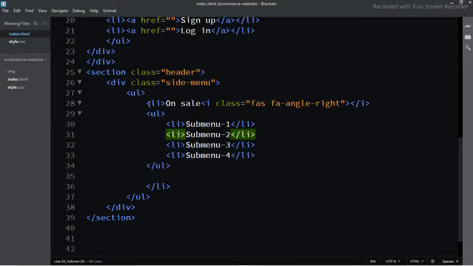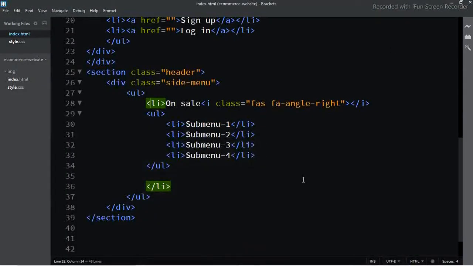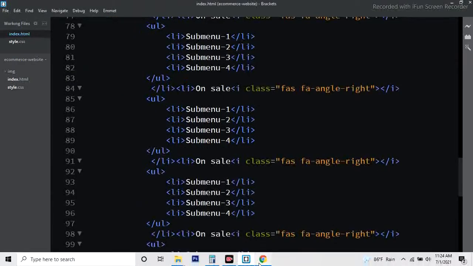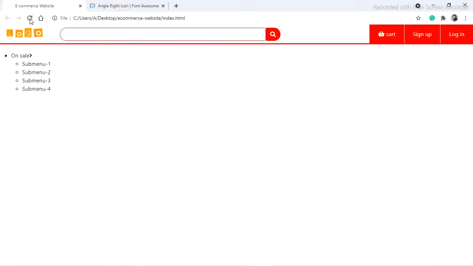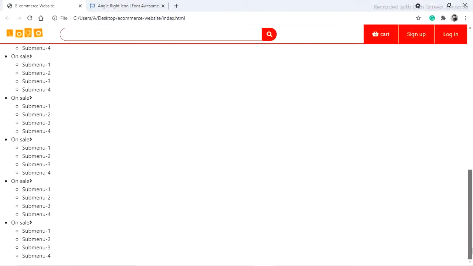Save the changes. You can see some text over here. Refresh your website. You can see some text is here.